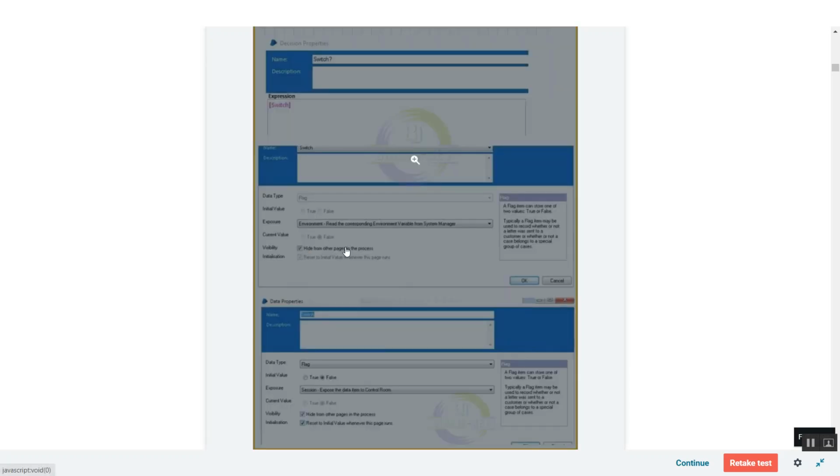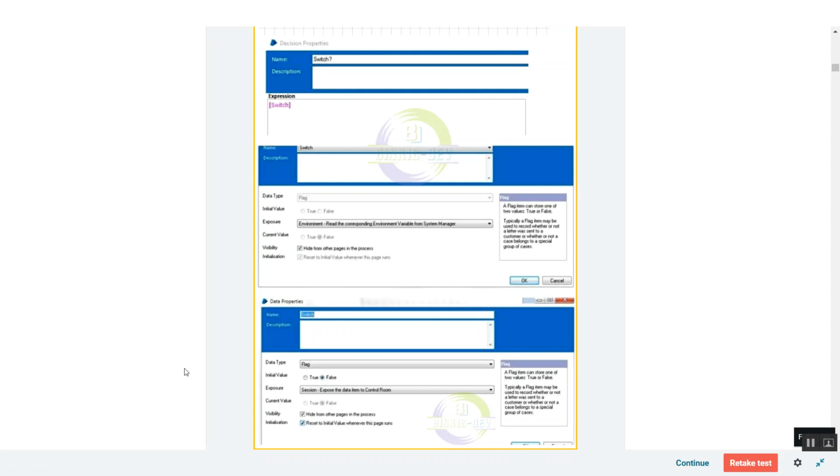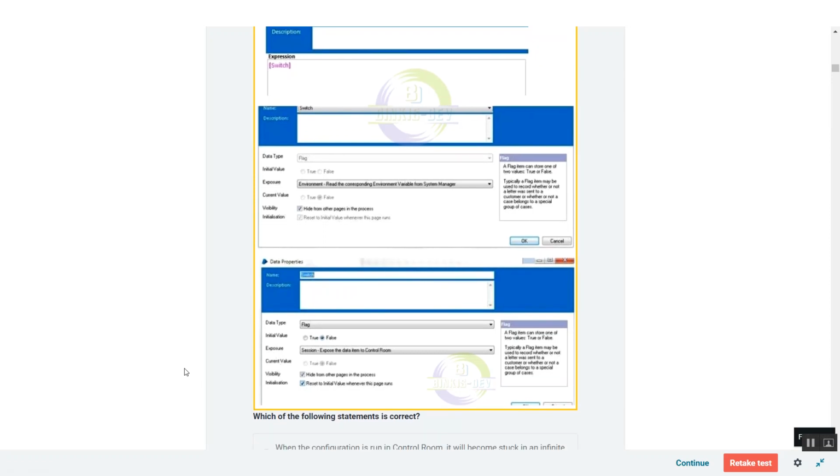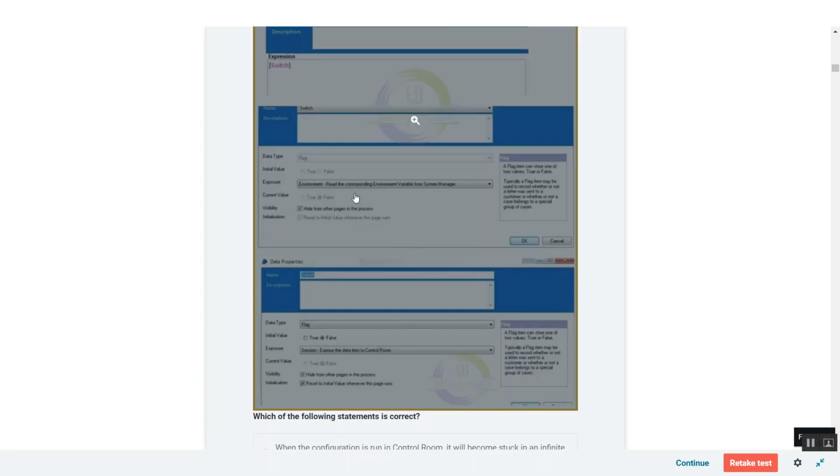One switch data item is of type environment variable and one is of type session variable. In both scenarios, the switch value will be false. You can see the current value is false in both scenarios.